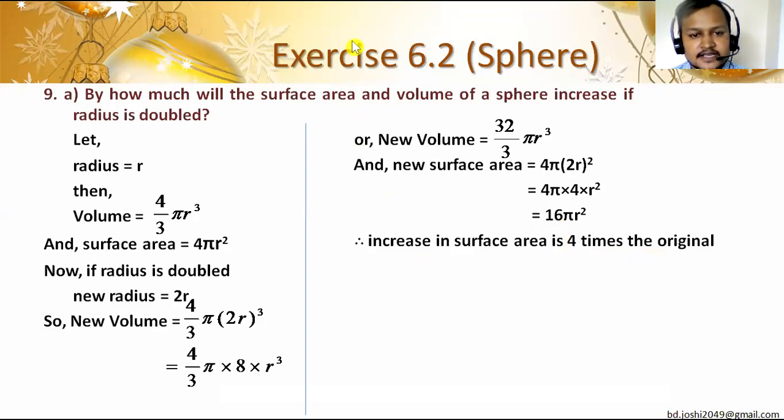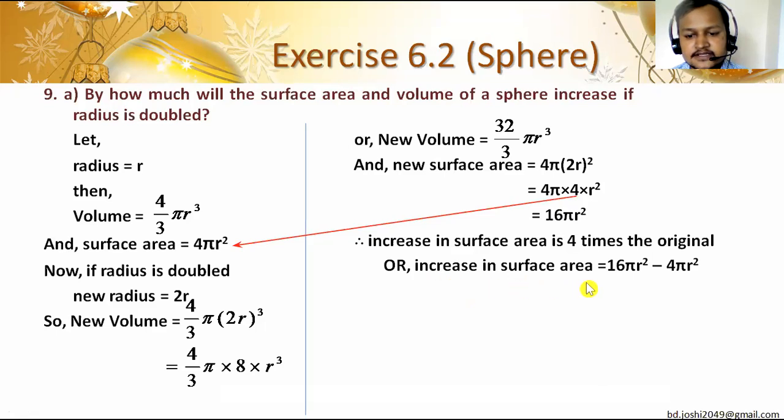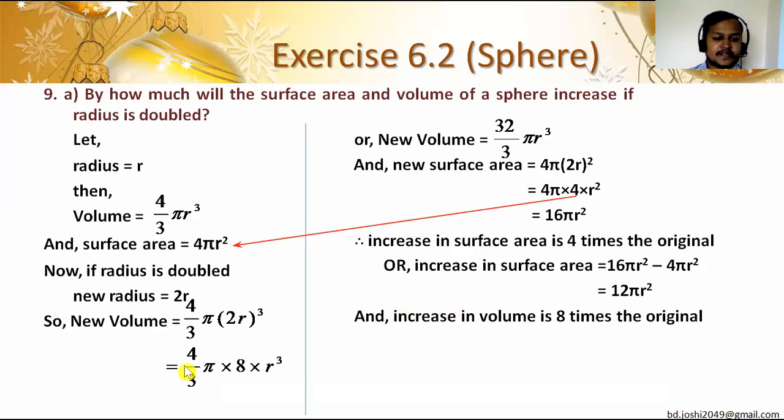We discussed surface area just now. यहाँनिर डिस्कस गरेका थियौं, sorry. It is 4 times the original. 4 pi r square दुईटैमा छ. In both formulas it is 4 pi r square, and it is 4 times more than the original. And in terms of the difference, if we want to find the difference in surface area, अघिल्लो surface area र अहिलेको surface area difference find out गर्यो भने, the increase in surface area is 12 pi r square. And volume is increased by 8 times as we discussed previously.